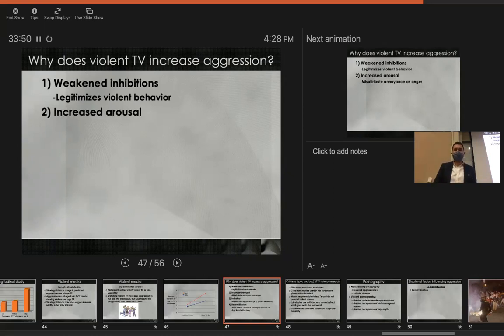As we've seen before with misattribution of arousal, we know that watching violent TV or violent movies is exciting. That's why people watch them a lot of the time, right? When it's exciting, what that means is it increases our physiological arousal levels. And as a consequence, if you leave a movie and you have these heightened physiological arousal levels and someone comes along and does something that's kind of annoying, you now may think that you're really angry at this person because of these heightened physiological arousal levels, and you're more likely to retaliate against them. Okay, so this obviously only happens in the short term because those heightened physiological arousal levels created by that violent movie only last so long, but at least in the short term, that can increase aggression.